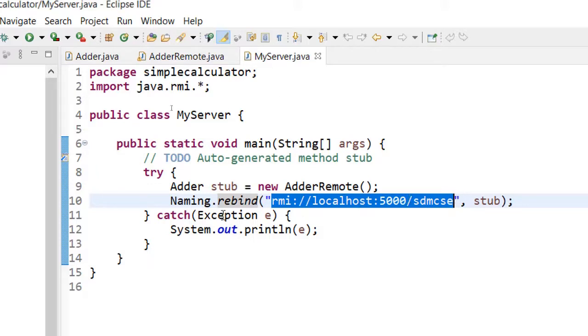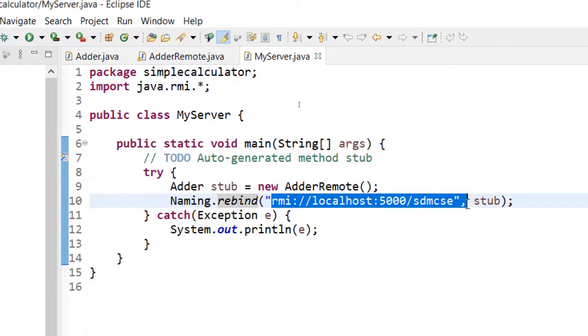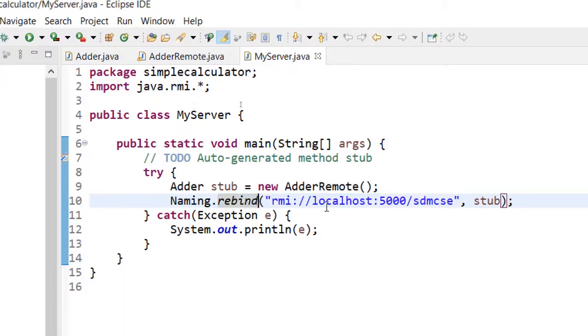Bind will fail if you try to bind an already existing entry, but rebind will not fail. So it is better to use rebind, because if you use bind, you can only run this once. Once the entry is there in that particular instance of the RMI registry, further invocations of bind will fail. With that purpose, rebind has been used here.